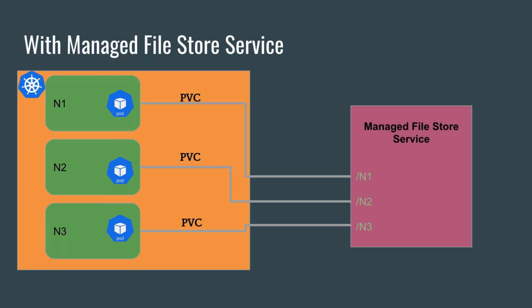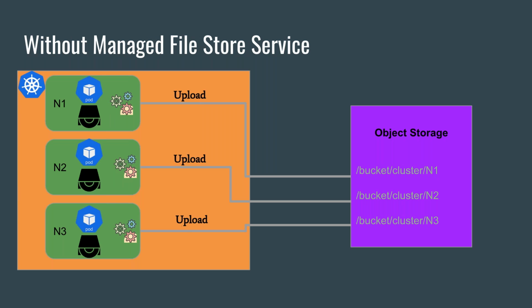When you say I need 5 gigabytes of data, this PVC will reserve something for you, and you see there are different folders for each physical node in this central file storage service. So this is the first option. But you need to think about this: you need to do some kind of maintenance for it, and not all of the major cloud providers support this one. It may be a bit tricky.